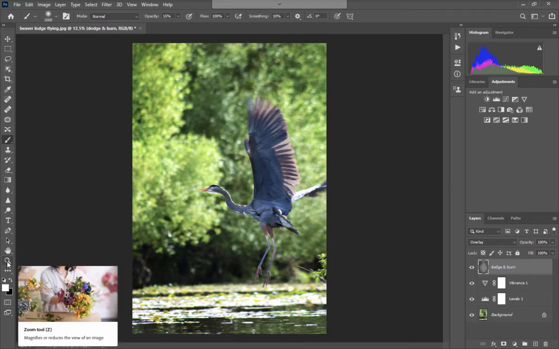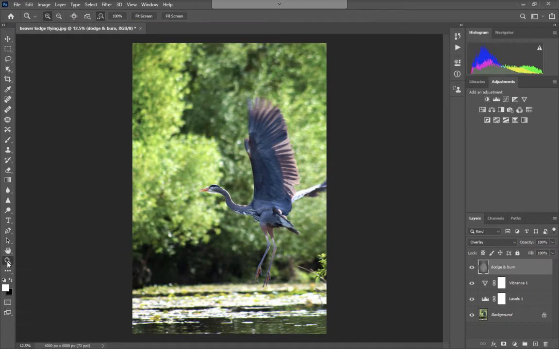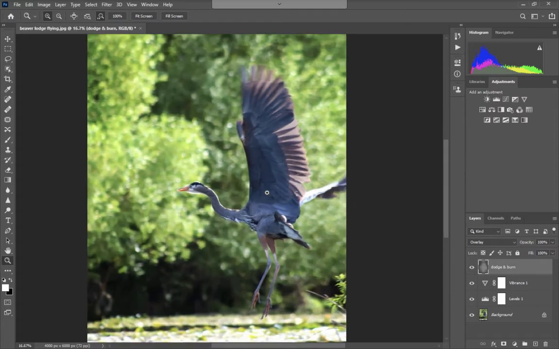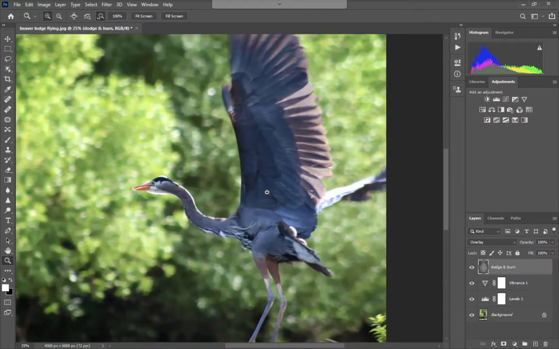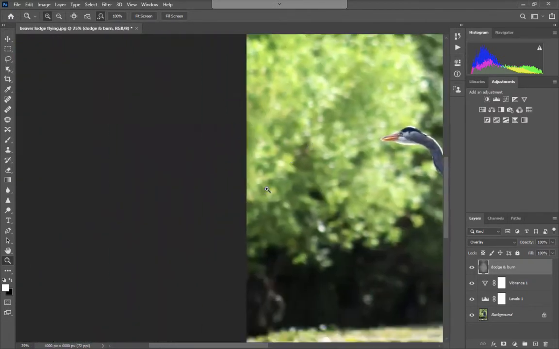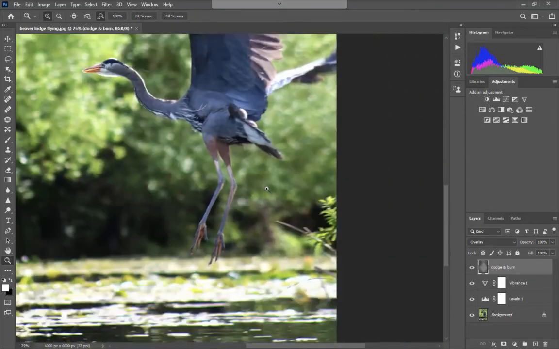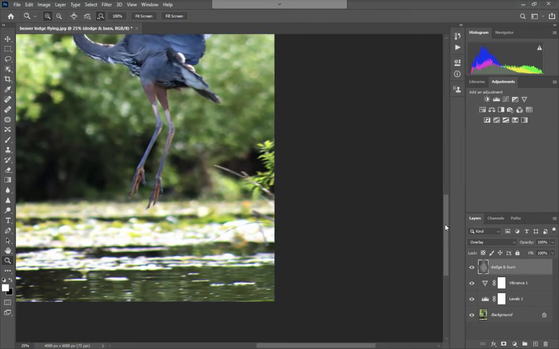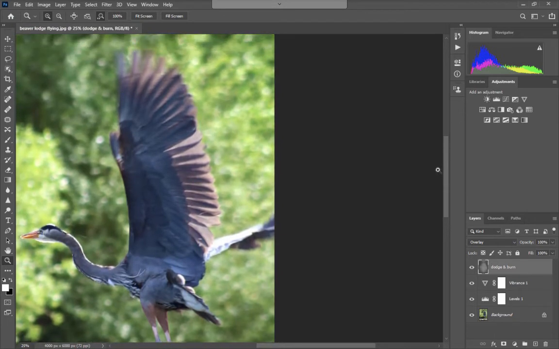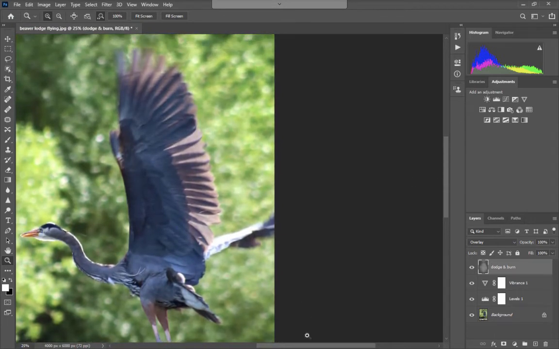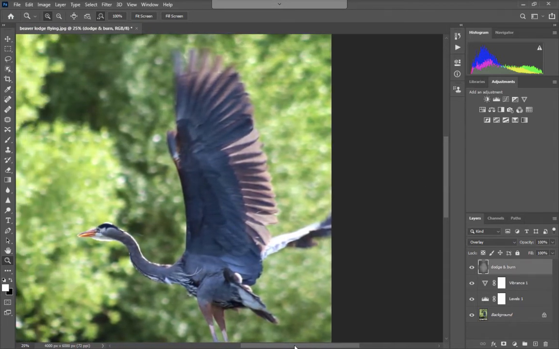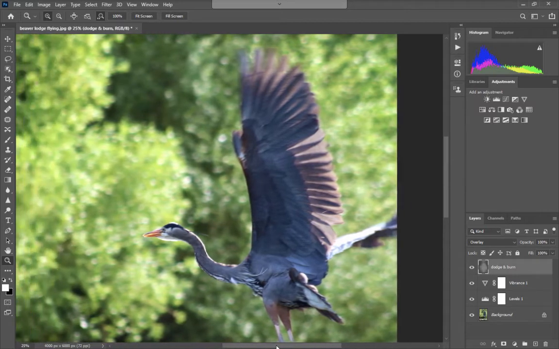One way to do that is to just go down here to the zoom tool, which is at the bottom, and you'll see zoom in is plus on the top. I can hit plus or minus. I'm going to hit plus and just click on the heron and make the heron a little bit bigger. And I'm actually using 2 fingers to drag around just to move it, or you can use the scroll bars to just make sure when I'm working on the heron, I have room and I can get into the small